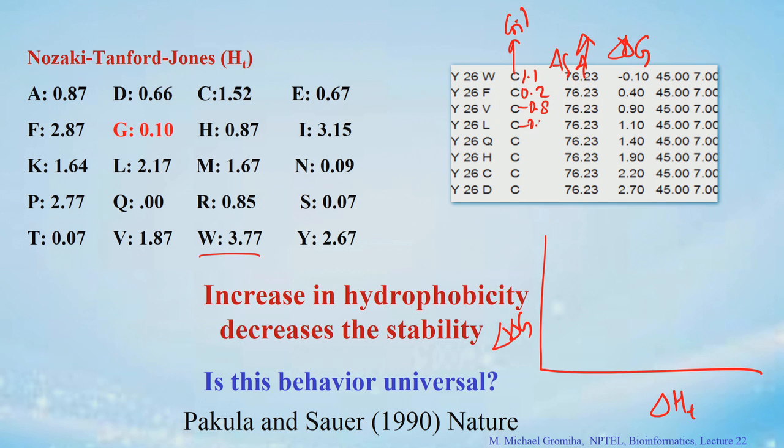minus 0.8, minus 0.5 is Q, minus 2.67, H minus 1.8, Y26C minus 1.15, Y26D, D is 0.66, so minus 2.01, right. Now, you can make a plot connecting the hydrophobicity and the stability, where you can see that